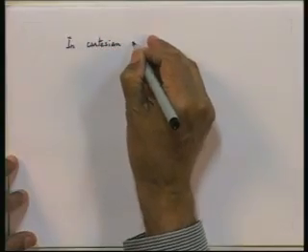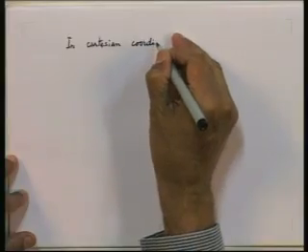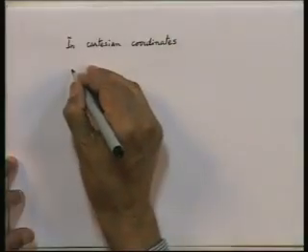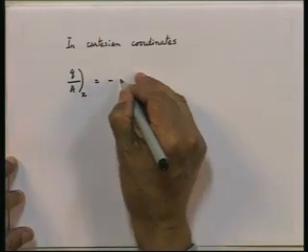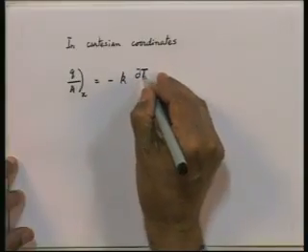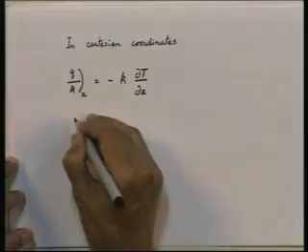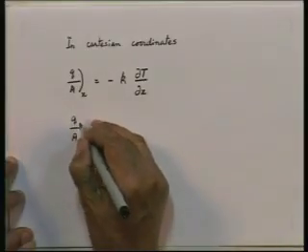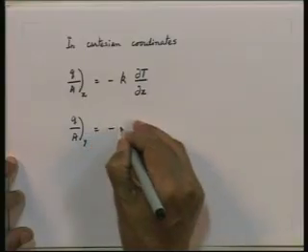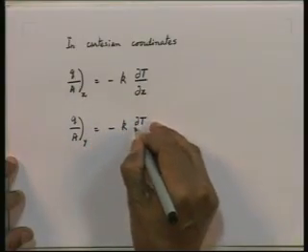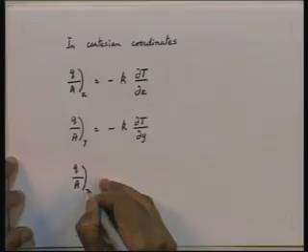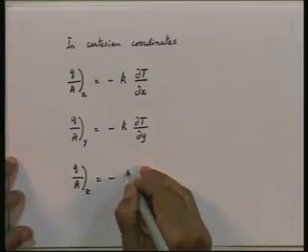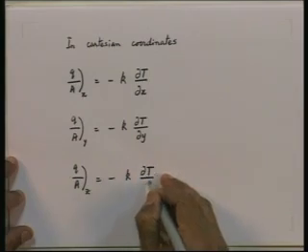In Cartesian coordinates, the statement of Fourier's law would be Q by A in the x direction is equal to minus k dT dx, Q by A in the y direction is equal to minus k dT dy, and Q by A in the z direction is equal to minus k dT dz,